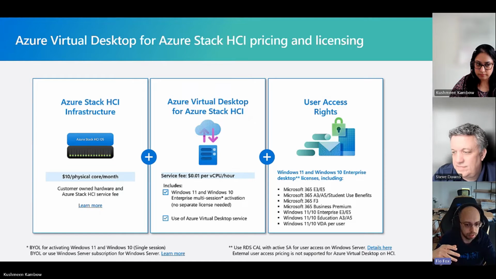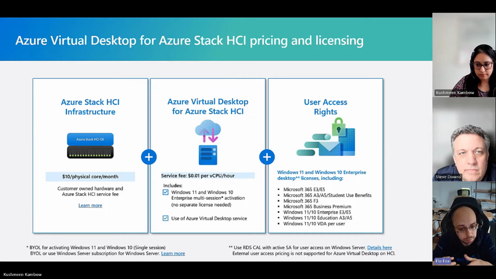Those crazy developers, or like us in EMEA, who need to work with some colleagues in the US. What I'm still missing in HCI right now, if I'm allowed to do a feature request here, is there any kind of auto scaling coming like we have in AVD, or do I need to script it myself?